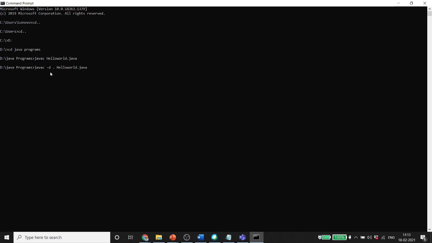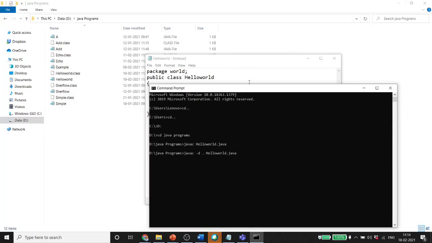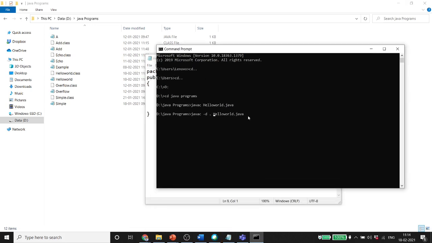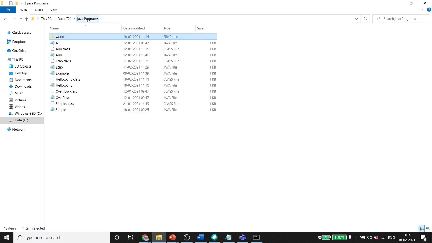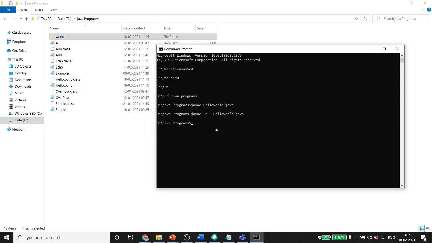So now we compile and see that a folder has been created here and the class is also created. I am going to minimize this, and here I am pressing enter. What you see is that after compilation, this world folder has been created and one .class file is also created inside this folder. Okay, so our package is created. This is the user defined package. Now I will run this file. So what I have to write: java HelloWorld